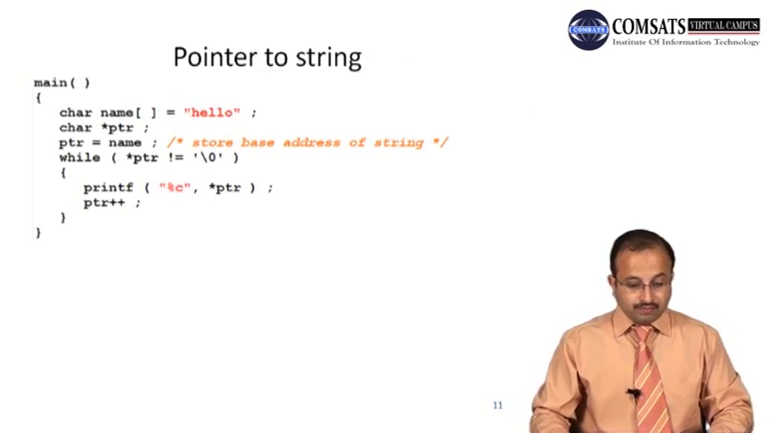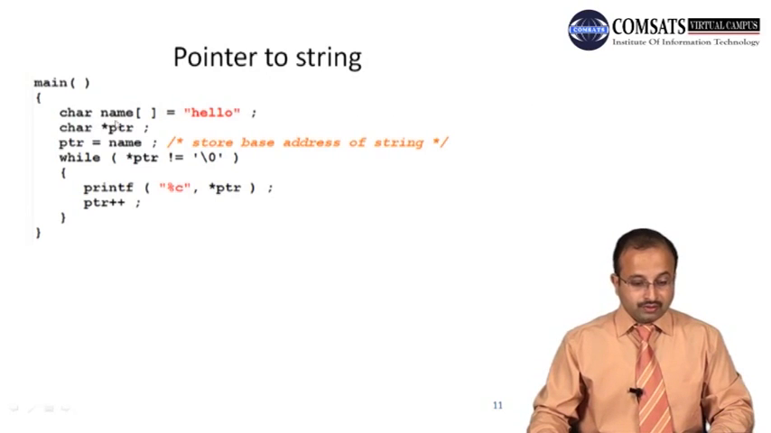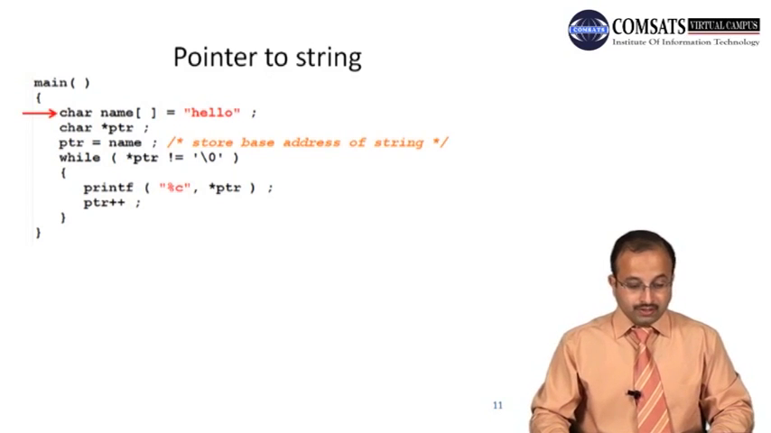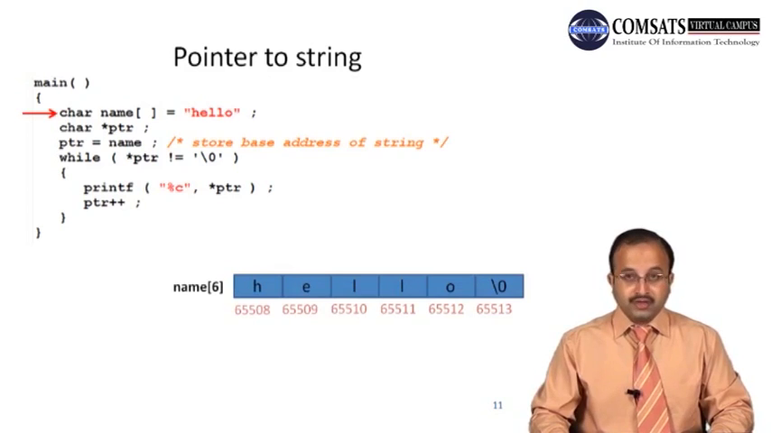Let's see a simple program where we have a string whose name is name, N-A-M-E, and we are initializing the string with the string constant hello, H-E-L-L-O. So the size of the string name is 6 bytes. That is, the memory allocated for that string is 6 bytes. So when the first statement is executed, 6 bytes of the memory will be allocated, and the last